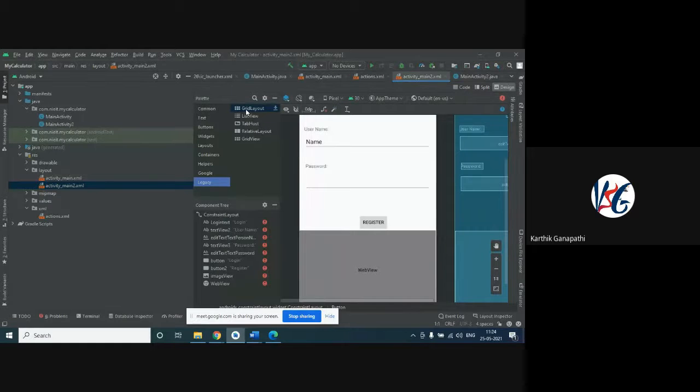The sequential, similar pattern is maintained in this grid. This has also been replaced by the constraint layout along with the linear layout.